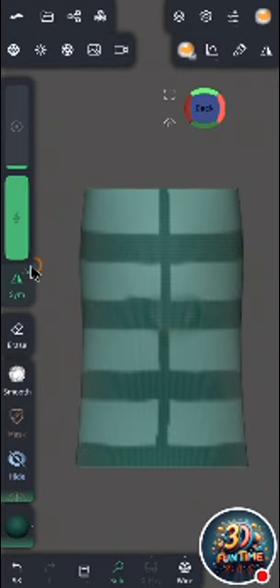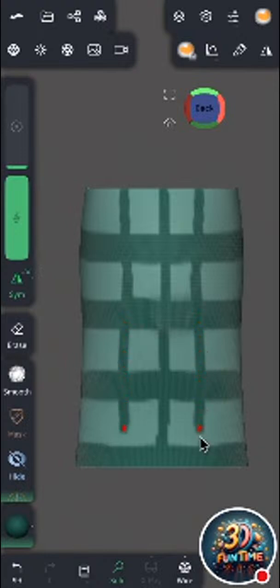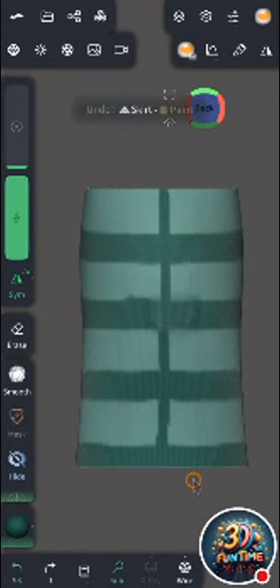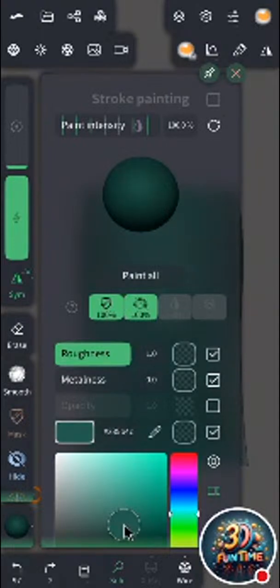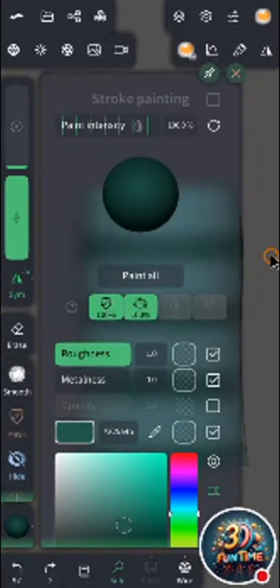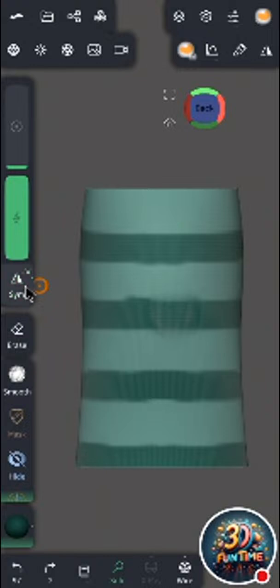Now I turn on the symmetry and make the lines like this, but I think these lines would be more darker than the other lines, so